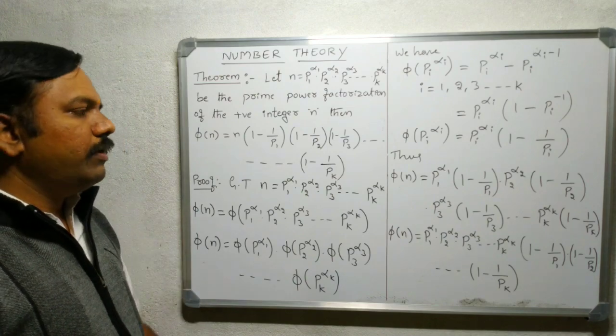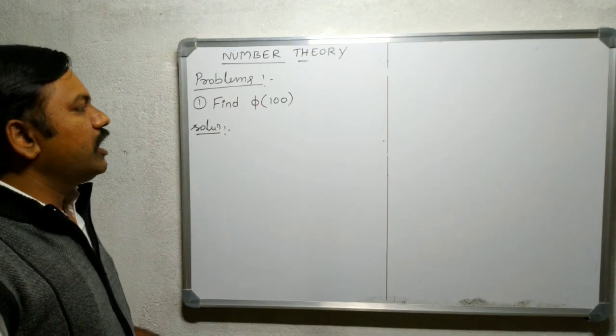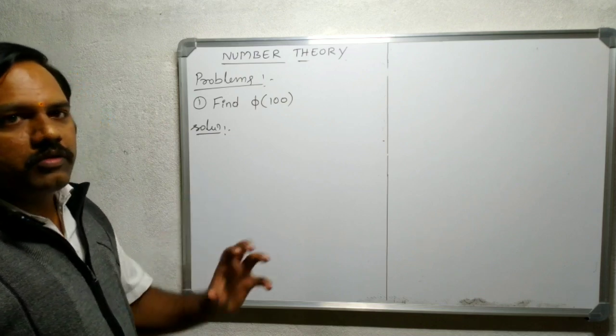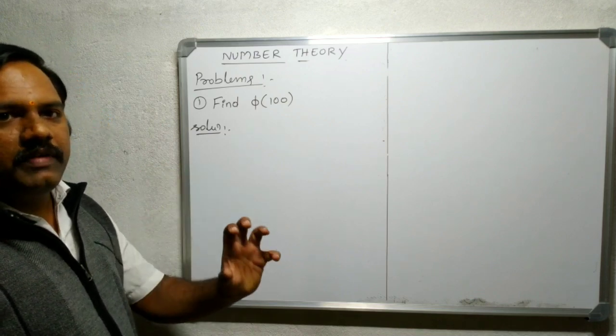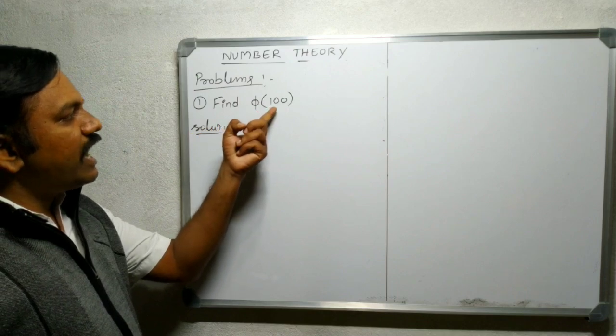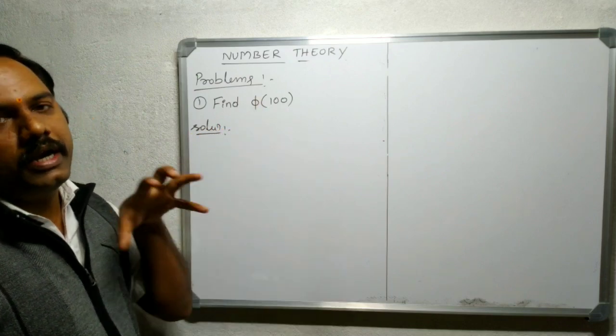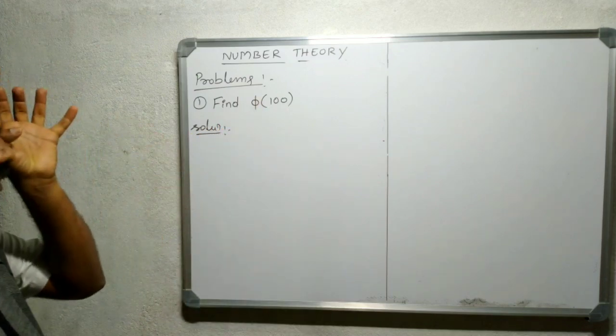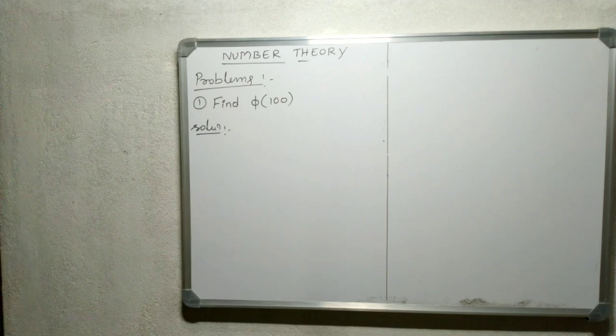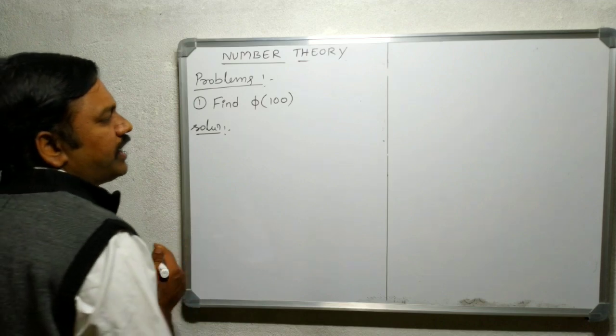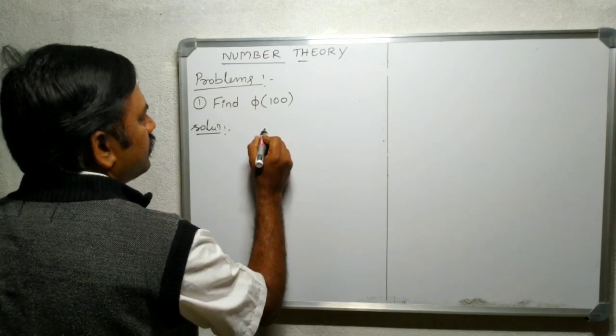Next problem discuss ಮಾಡೋಣ is find phi of 100. That means you have to find the number of positive integer less than 100 and prime to 100. So the number of positive integer less than 100 and prime to n ನೀವು find out ಮಾಡ್ಕೊಳ್ಬೇಕು. ಅದಕ್ಕೆ ಹೇಗೆ ಅಂದ್ರೆ first you have to find the prime factorization. That is,